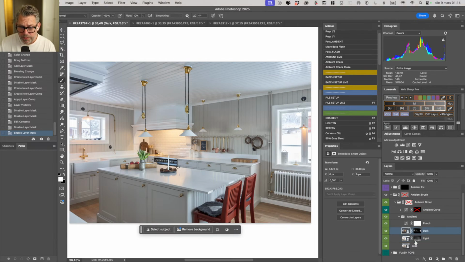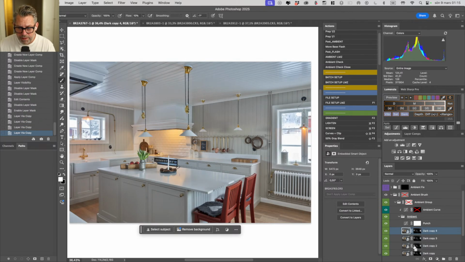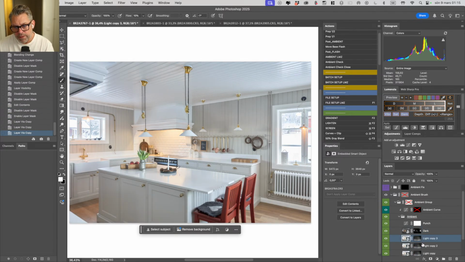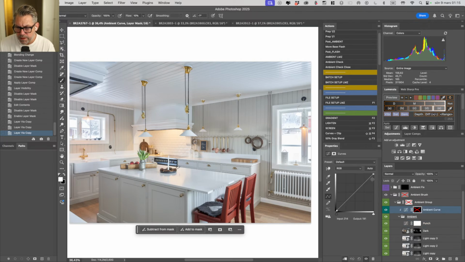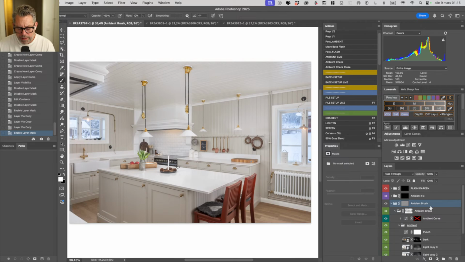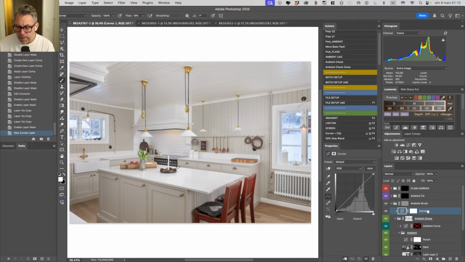What you can also do, if you want to double the effect, is duplicate it a couple of times. This looks gross, but it's doable. Same thing here with the lights. Just create a couple to put some more light in. I'll do that. We'll close on that. I will actually create a